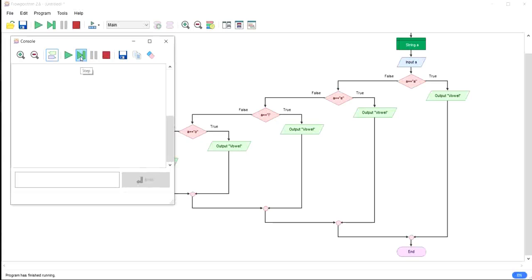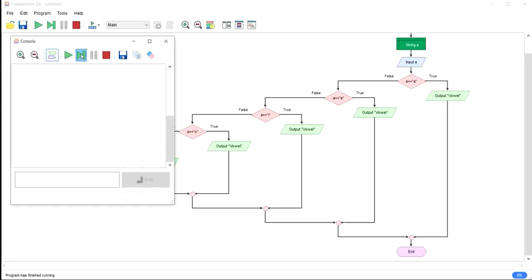Now we move to the second test case. Here I am entering another character, E. The first condition is false and it moves to the second condition. This condition matches the entered character, so it gives vowel.